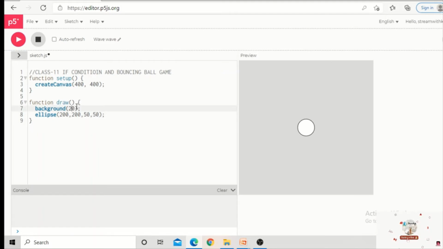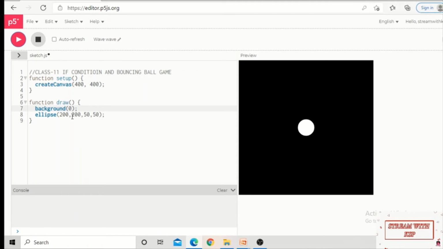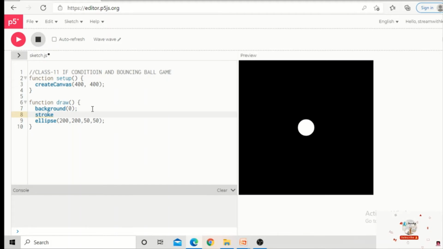And for better clarity of the output, I want to make it a black background. So I'm changing the background color to 0. 0 indicates the black color background. Now we can also fill this ellipse by using the fill instruction. And also I want to give a border for this circle.